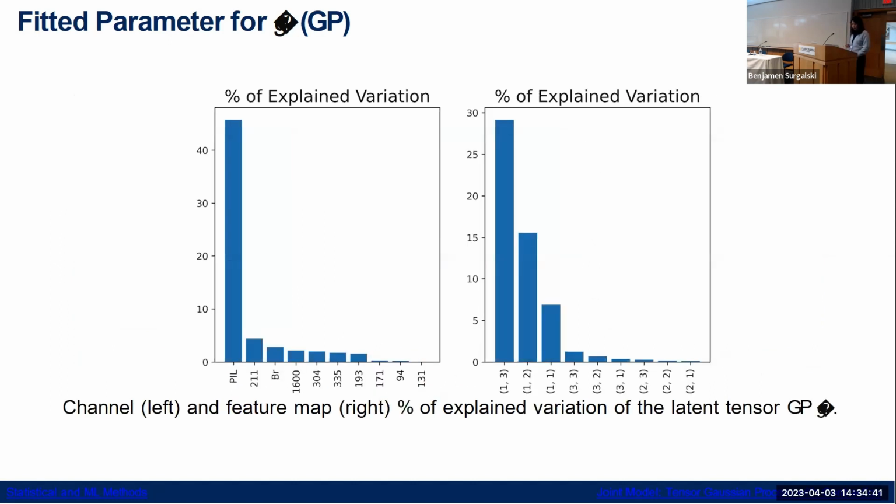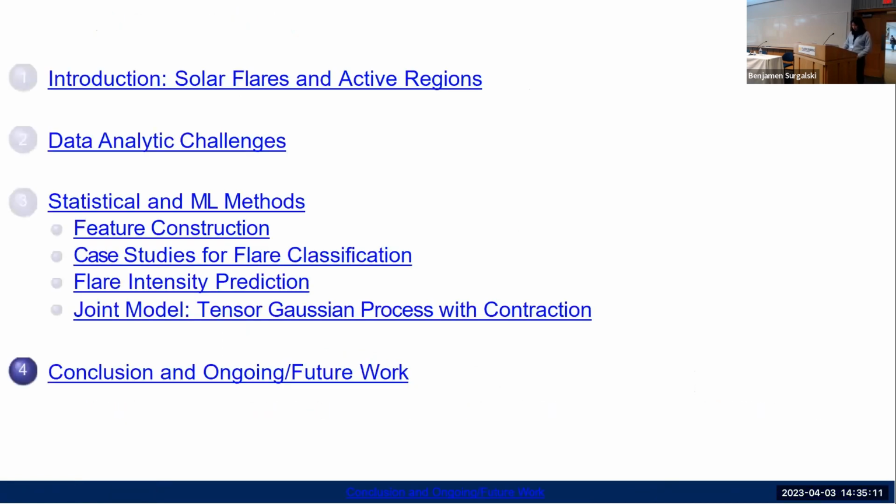And of course, in terms of interpretable machine learning, we can also give a ranking of the importance in terms of how much percentage of the variance is explained by each of those features. And we can show that this thing called the polarity inversion line, which is the first thing here, is explaining the largest percentage of the variation in the data. So this complies with the physics knowledge that this inversion line is really the most important part in this flare prediction.